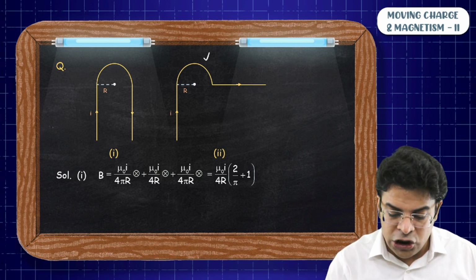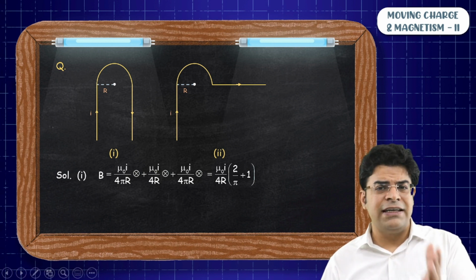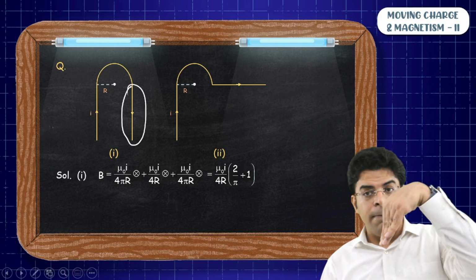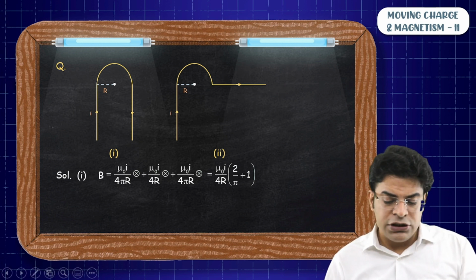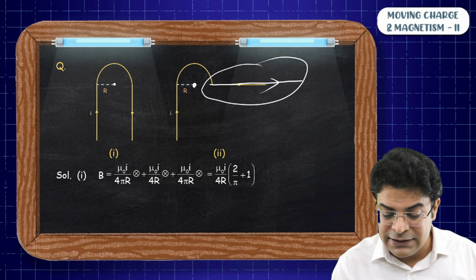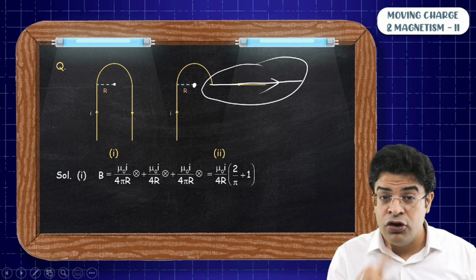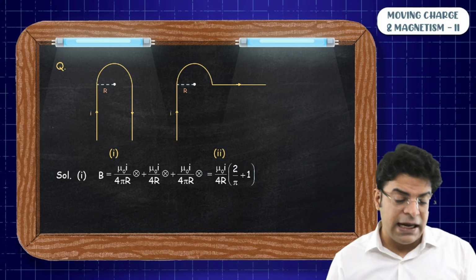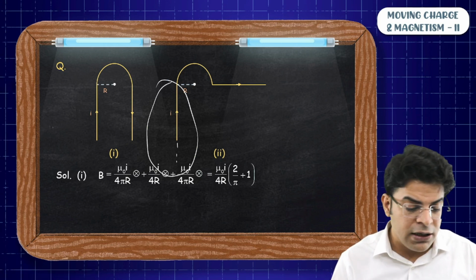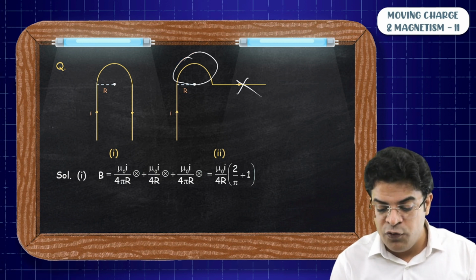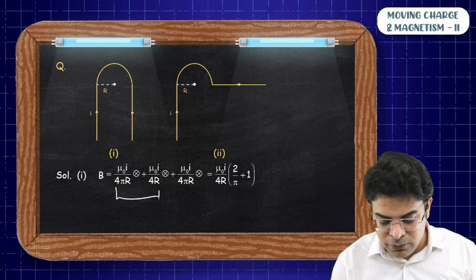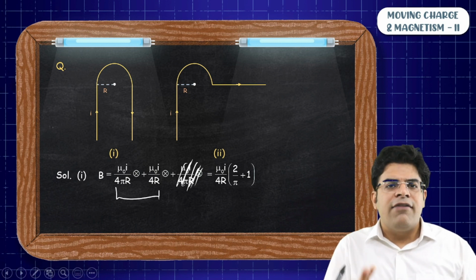What will be the answer to the second case? You will say, sir, first case and second case are quite the same. It's just that you have moved this third part and made it this way. Once you move it this way, now the magnetic field produced by it at the center will be 0 because now they are on the same line. So in the second case, at the center, the field will be produced by only this semi-infinitely long part and this semicircular part, and no field due to this. So what has to be the result? You will say, sir, just look at these two parts and kick off the third part. That will be your answer.